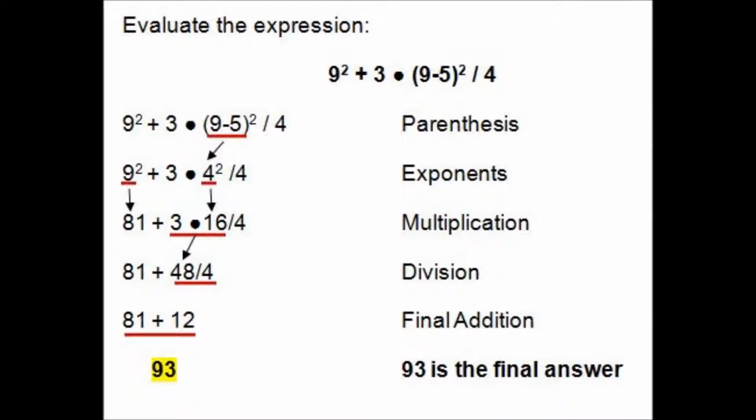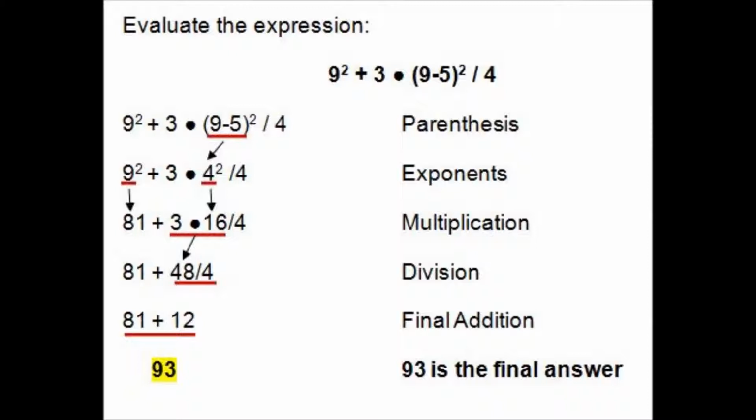This is done in order of occurrence, so we see multiplication is first. 3 times 16 is 48. Then division. 48 divided by 4 is 12. Finally, we must finish the expression by adding the two remaining numbers. 81 plus 12 equals 93. So 9 squared plus 3 times the quantity 9 minus 5 squared divided by 4 is equal to 93,